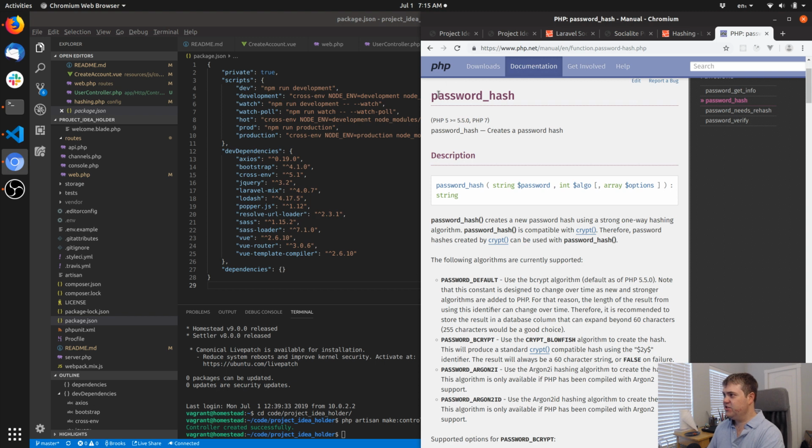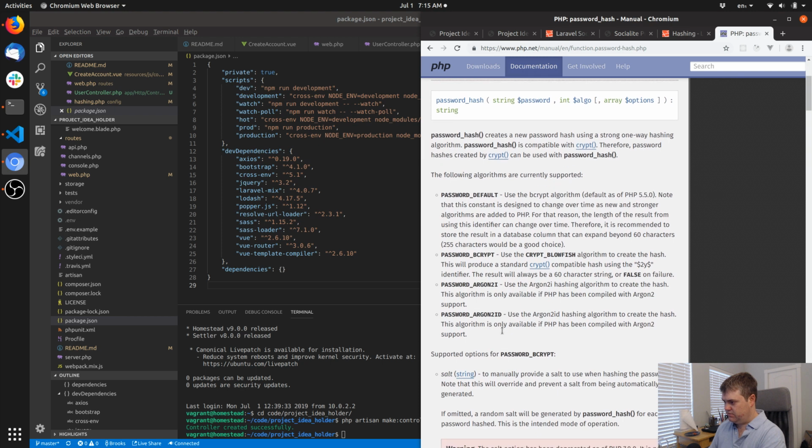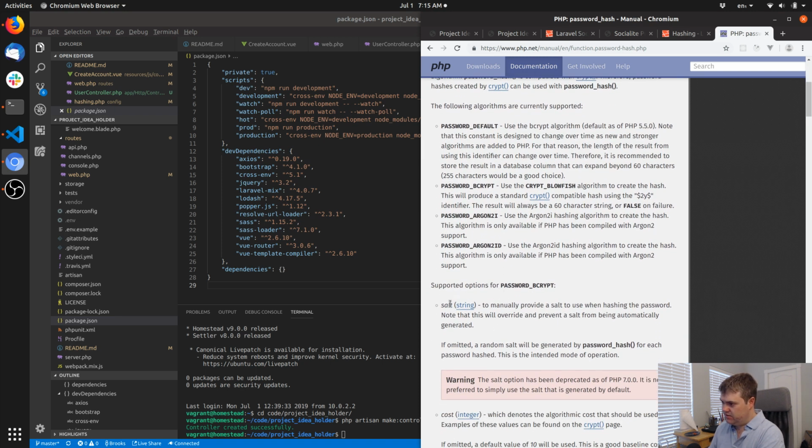Wait, so this is just actually part of PHP now. Okay. Note this will override and prevent a salt from being automatically generated. Okay, so that tells me that bcrypt is using salts on its own in PHP. So it would be nice if they mentioned that in the Laravel documentation, but